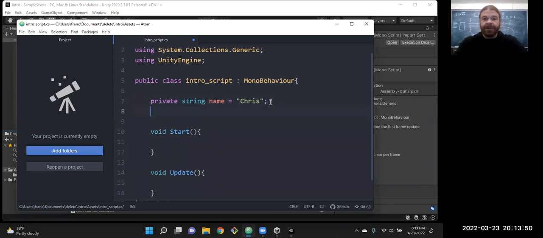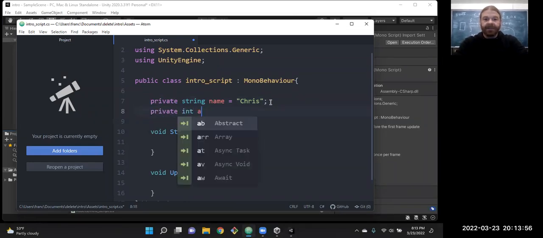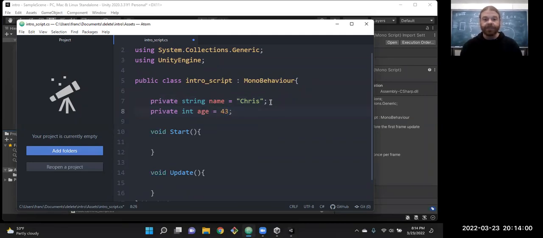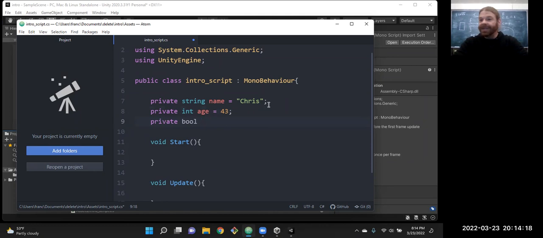I'll just put a couple here together. Private integer, call it age, and I'm 43 years old. Private Boolean. Boolean is sometimes spelled different.